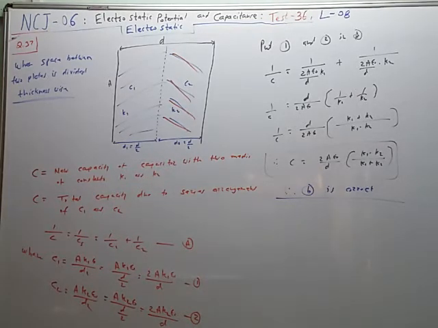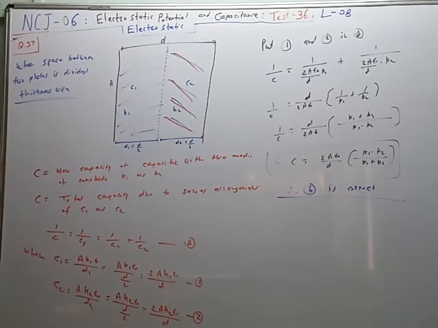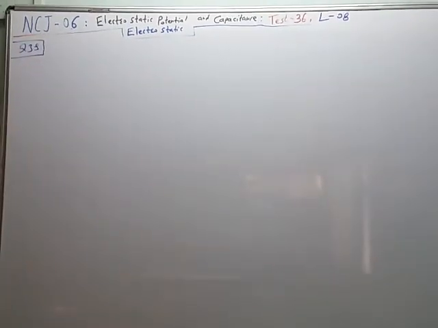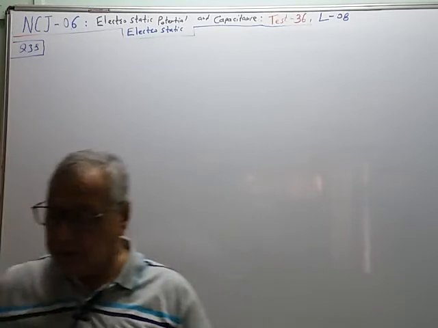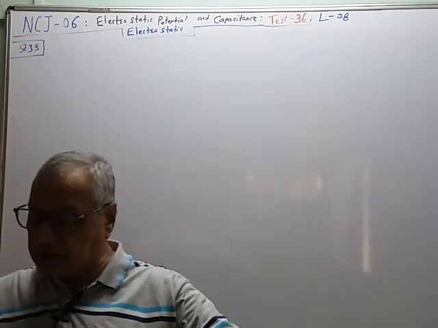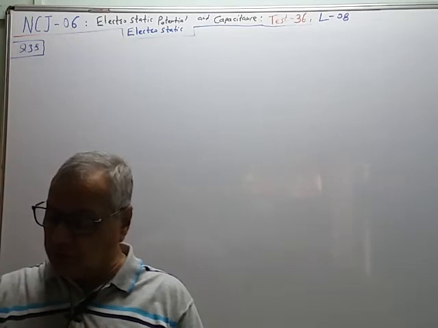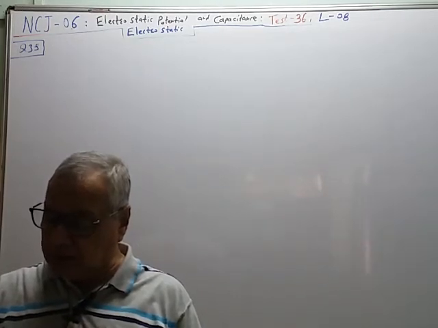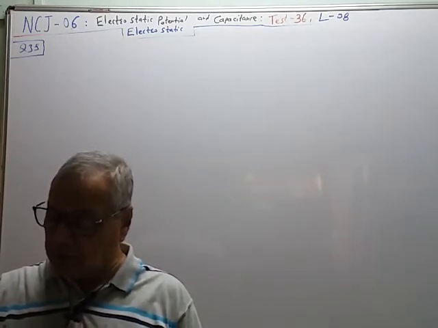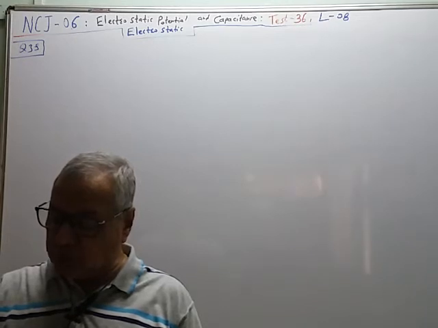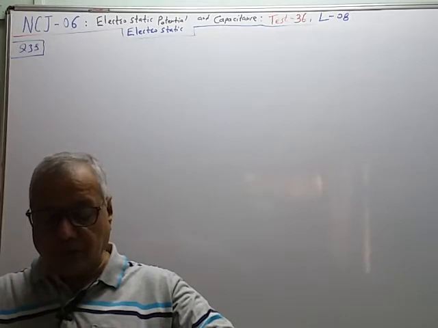So this is the effective capacity. So if we know K1 K2, we can find this value like this. Next. Question number 38. A metallic solid sphere is placed in uniform electric field. The lines of force follow the path as shown in the figure. So there are 4 paths shown, 1, 2, 3, 4. So which path is correct, that we have to give.